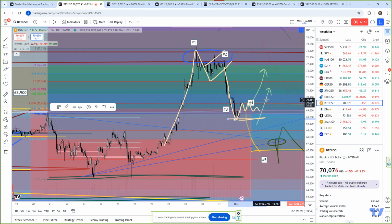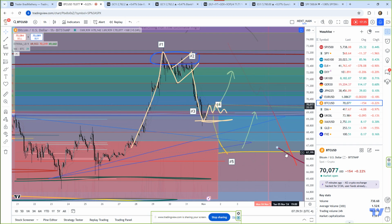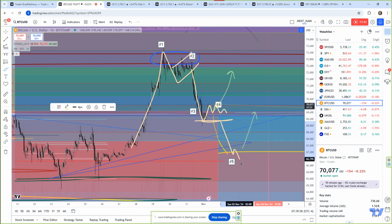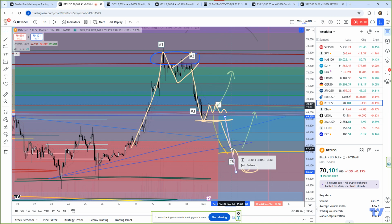And of course, we could move higher off of this low, this ultimate low, whenever we get there. So the ultimate low pattern would be, get rid of some of these lines. The ultimate low could be down in this area. More than likely, it's going to be back in the 66 area. And the reason why I say that is very simple. I can take a look at this flagging breakdown, roughly averaging from rejection points. So let's go out here, make this a light purple, make this 4. And then basically all I need to do, guys, I want to see how far it's going to go, is drag this from the breakdown point, hypothetically, into this area, and there's your 100% move. So 100% move would be 66,000, roughly